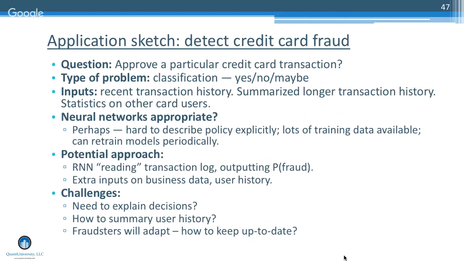So the question is, might some of this neural network stuff be useful? And if so, how, and what kind of things might be difficult? And what particular methods might you try to apply? I guess maybe I shouldn't have put as much text on the slide and made you guys think about it. But let's start with just the basic stuff. The type of problem is a classification problem, I would say. Each transaction coming in, I want to say, yes, it's fine, no, it's not fine, or maybe there's a problem.